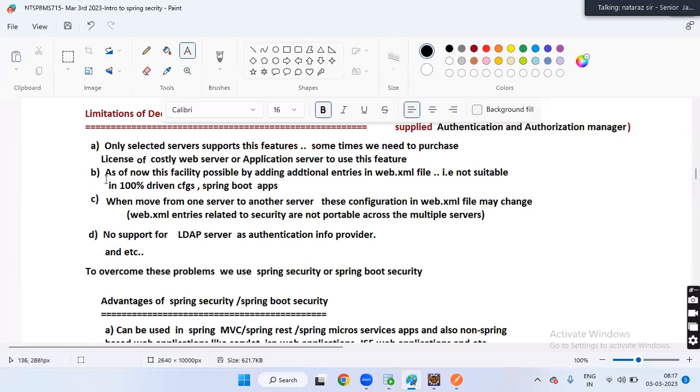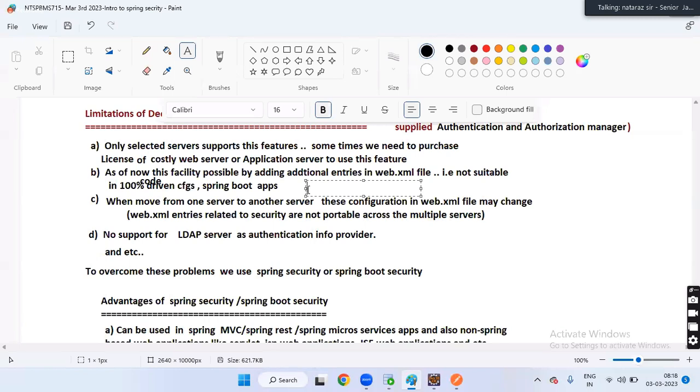Next, this facility is possible by adding additional entries in web.xml. That means it is not suitable for 100% code-driven configurations and Spring Boot applications. Tell me, how do we activate Servlet JSP security? By adding entries in web.xml.